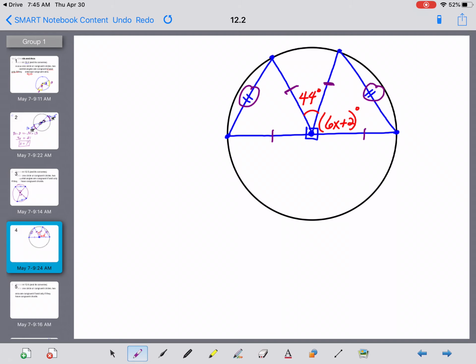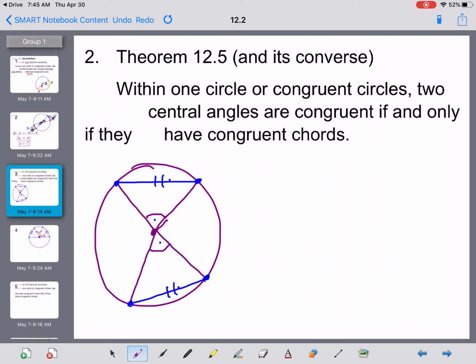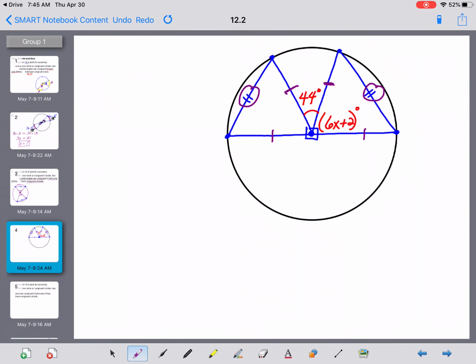but then we have two chords that I've circled there that are congruent to each other. And again, back to theorem 12.5, it tells us right here, and again, remember, with if and only if, we can read this backwards right here. If two circles have congruent chords, then they've got to have congruent central angles. All right, well, in this circle, we do have two congruent chords, and that tells us that this central angle here, which defines this chord, and this central angle right here, which cuts off this chord, well, those two angles